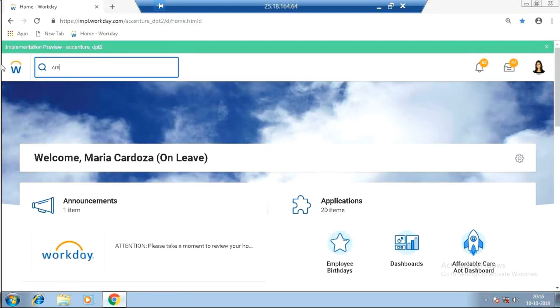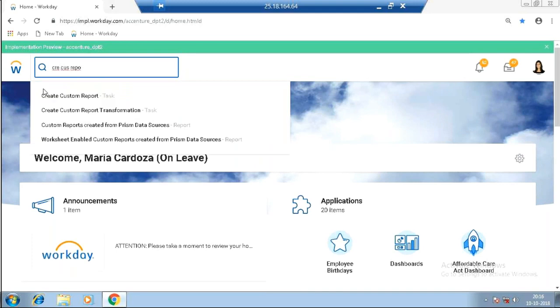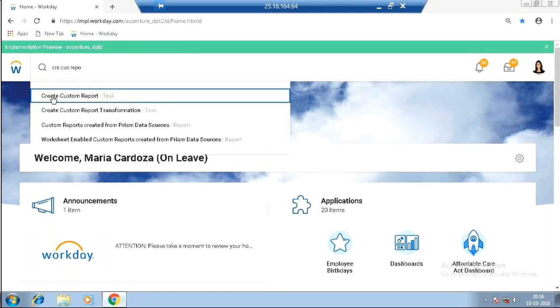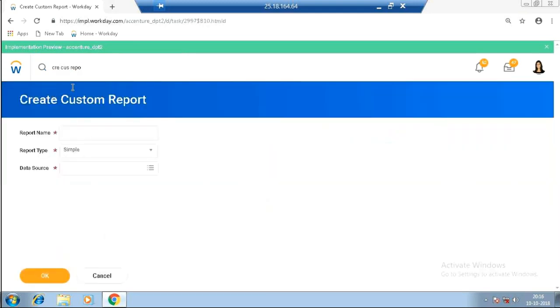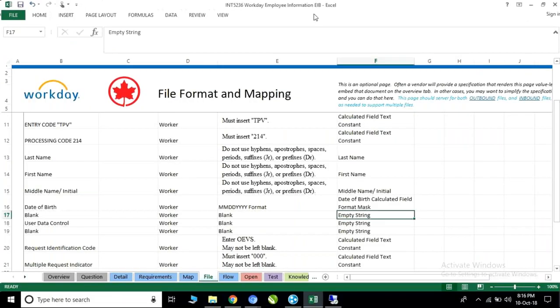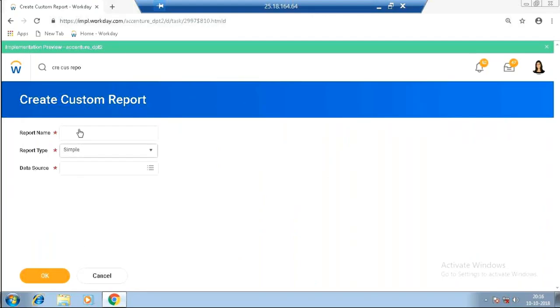So first of all, we'll create a custom report. I'll put in the same name as we have in our integration, with scientific 5236 Workday employee information. So CR underscore